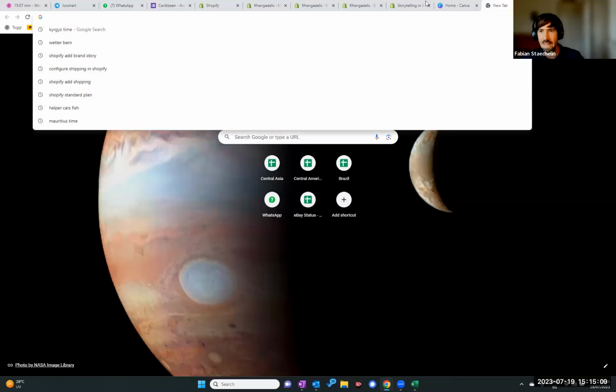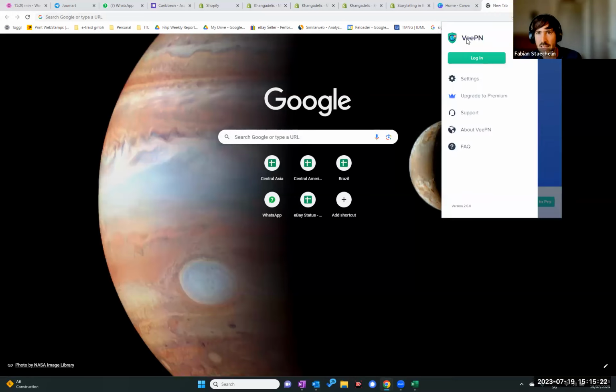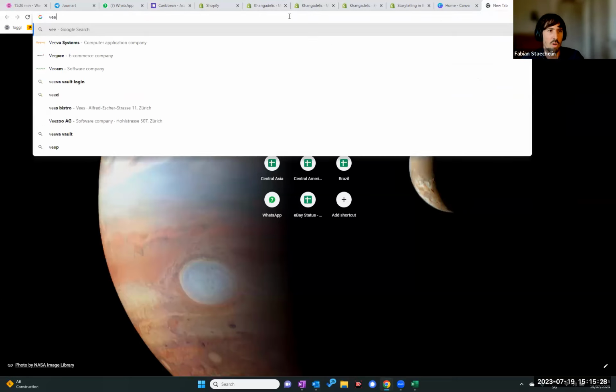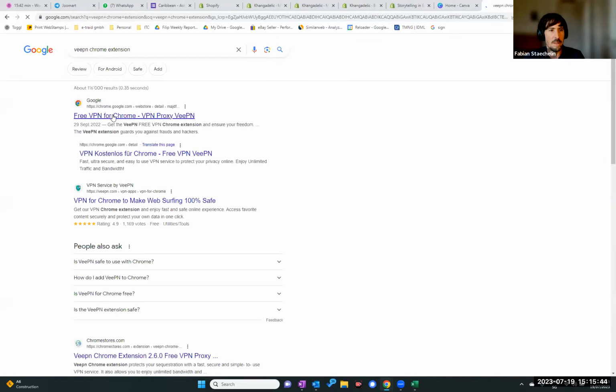What I basically did on my end, I got a really good free VPN client. It's called, let's see what it's called. It's this one here. I actually forget the name, but yeah, it's VPN. Okay, so it's possible to type in your browser VPN, Chrome. I use Chrome, and I think that's a good browser, but there are extensions for other browsers too. What I did, I searched for VPN and then Chrome extension, and it brings me to the extensions store,